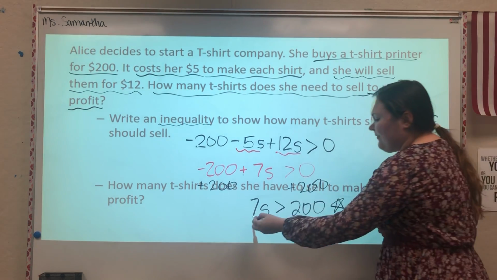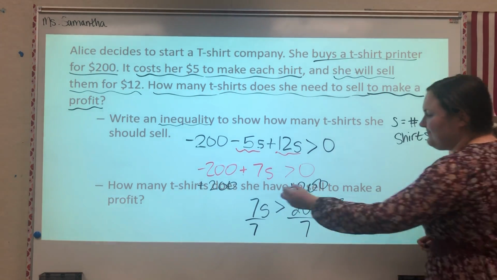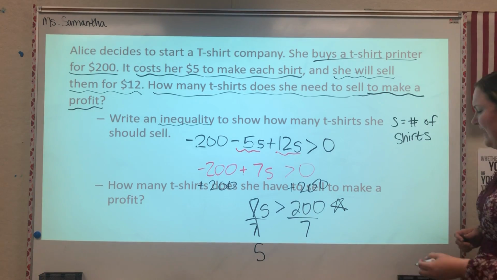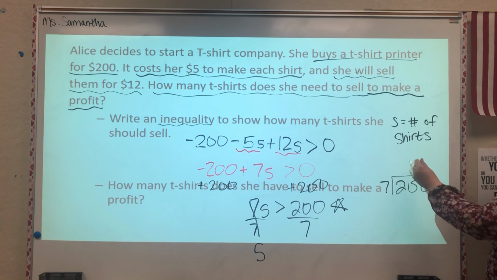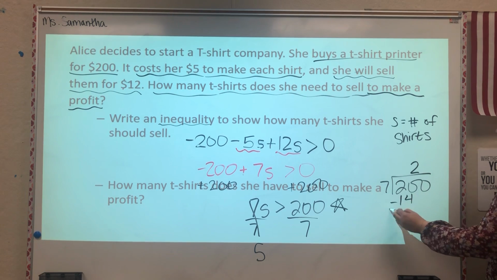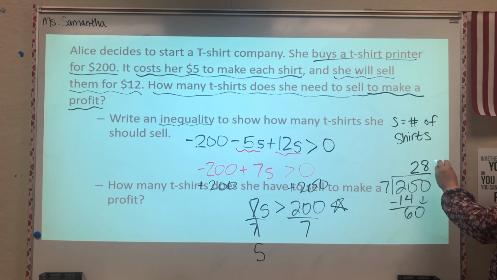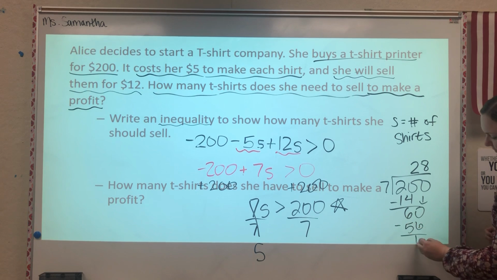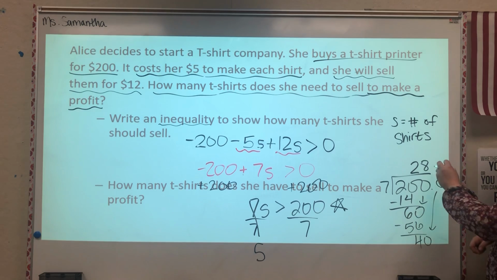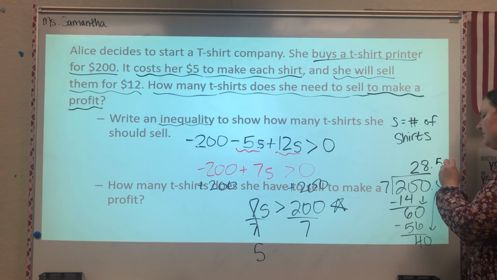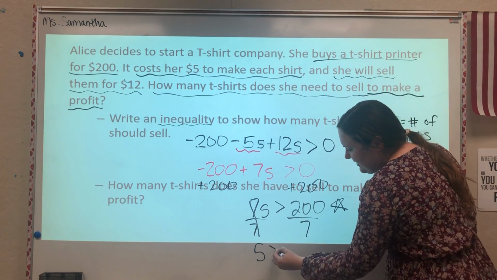All right, well, the last step, because there's only one last step, is to divide both sides by 7, which would leave you with s all by itself. I do not know what 200 divided by 7 is off the top of my head. 7 goes into 20 twice. That's 14, so it would leave you with 6. And then 7 goes into 68 times, which would give you 56, so remainder 4. Just like some of the others, that gives you a decimal. 7 goes into 45 times. So we're getting a decimal 28.5, around there. So we've got S is greater than